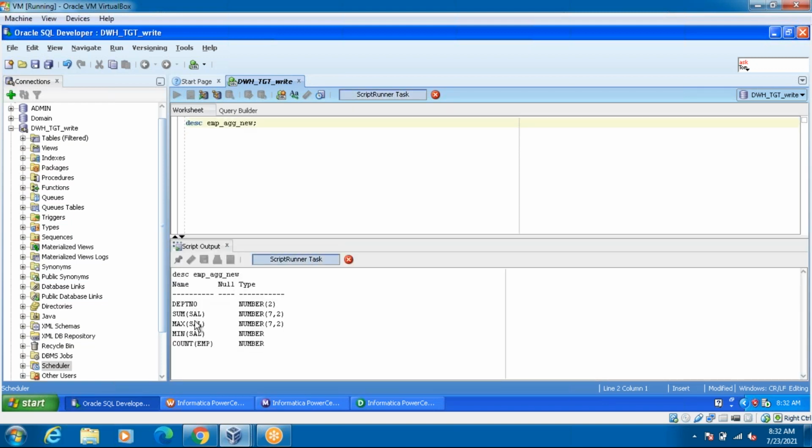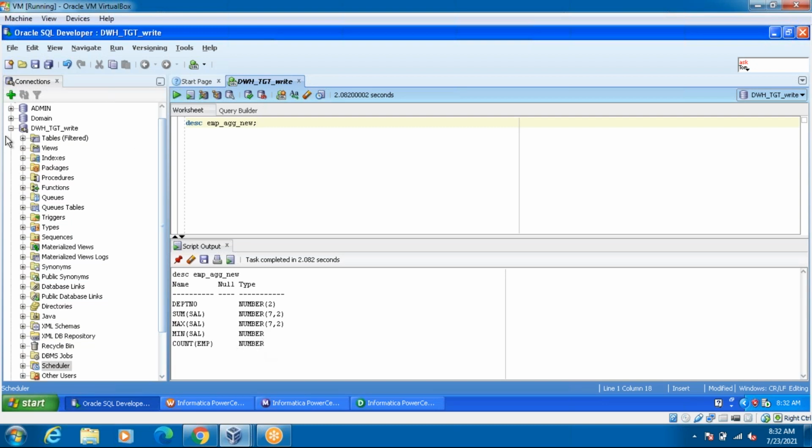See, this is my department number, sum of salary, max of salary, min of salary. These are the columns, and these are the data types. This is the default data type, and it will take a default size, maybe 10 or something by default.